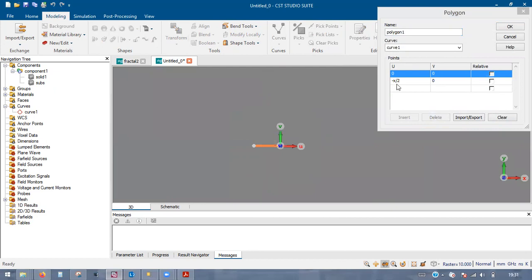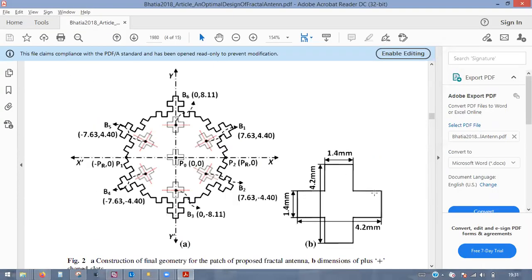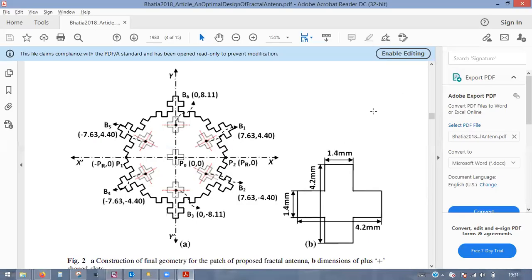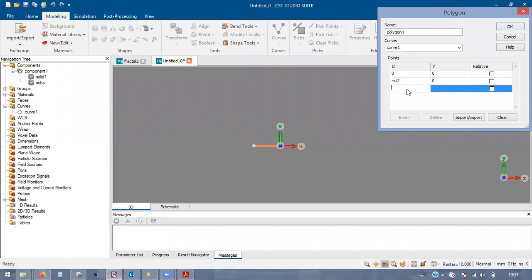I can zoom it here. X by 2 we are not changing because we are creating this plus shape at the center now. So I'm doing a polygon with this much. Then I can rotate like that. I'll try to divide. Okay. Or else you can go with the block also. Okay. So yeah, now next you have to go upside, right?